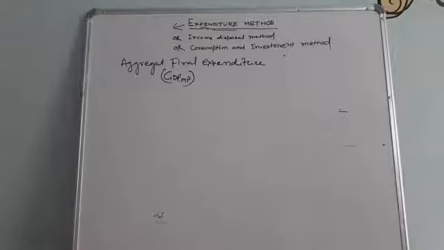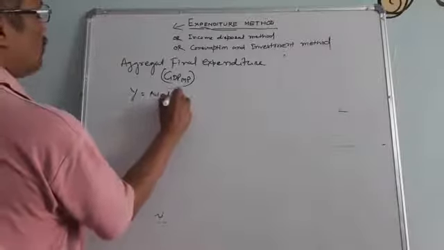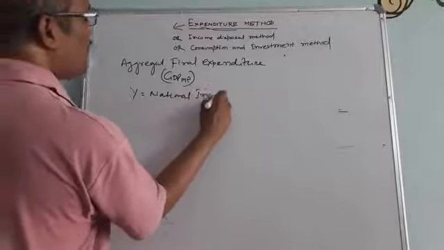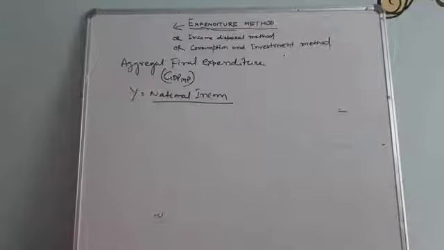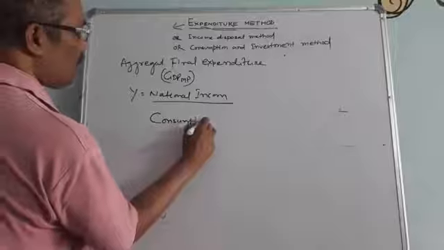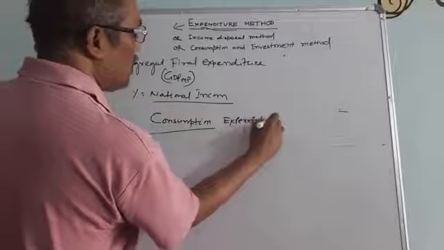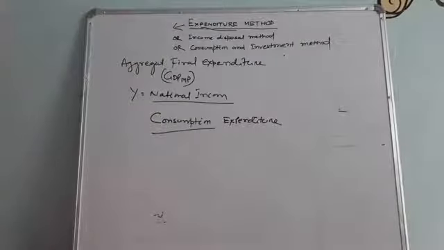So during that accounting year, if Y is the national income, what are the expenditures incurred by different people or by different heads? One is that whenever we are purchasing goods and services, that is called consumption expenditure. Day-to-day requirements of goods we are purchasing.